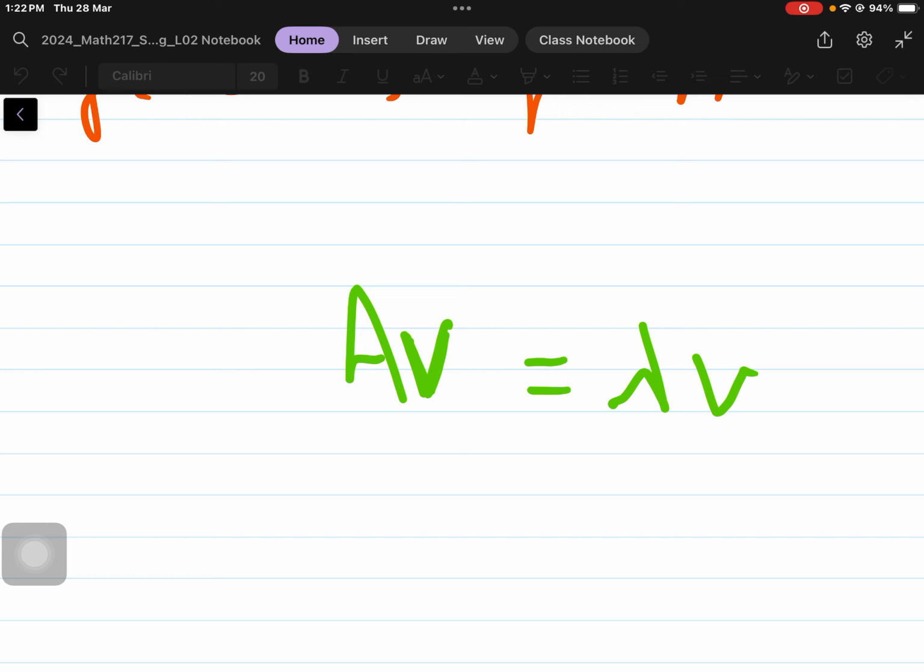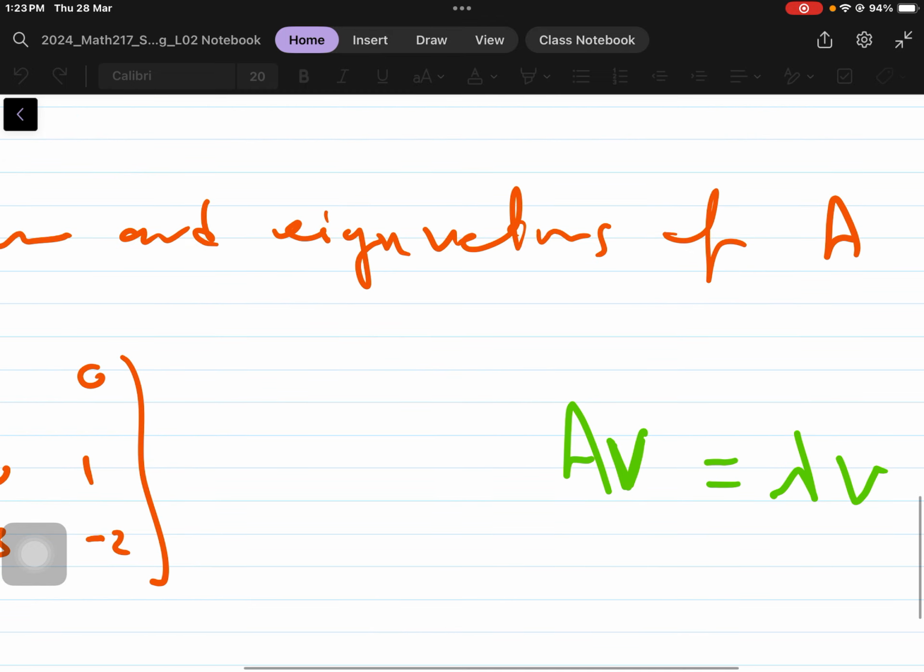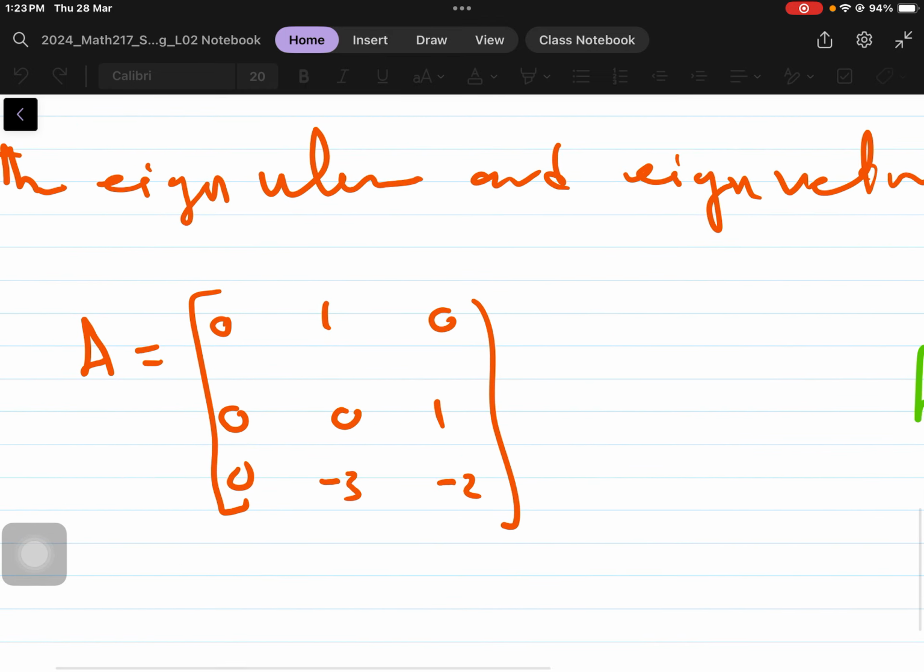Okay? So again, the vector space is infinitely large, it has an infinite number of vectors. Every time we multiply A by a vector, it gives us another vector. Except for a group of vectors, in this case 3 vectors, because this is 3 by 3. There are 3 vectors that when A operates on them,